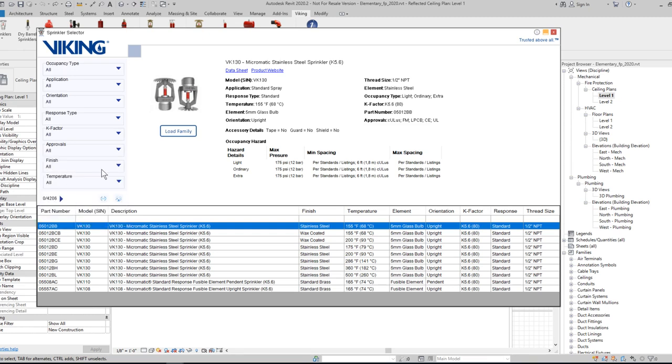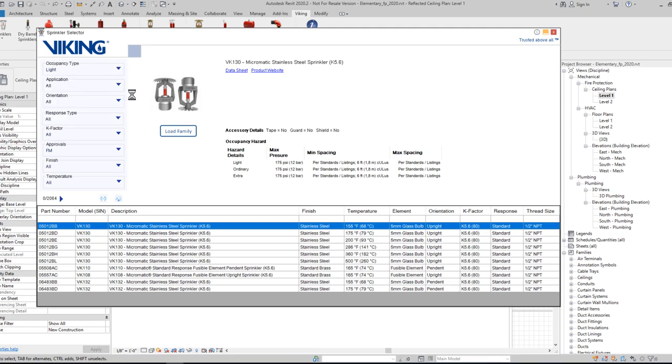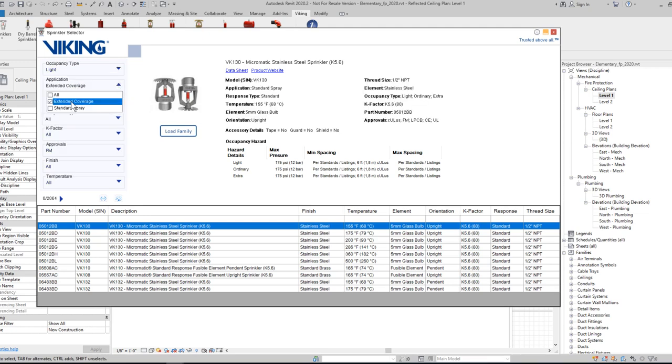So if I was dealing with an FM project, for instance, I could begin by applying the FM approval filter right at the outset, and all other fields will begin updating and limiting the options based on that. So I could choose a light hazard occupancy with an extended coverage sprinkler,